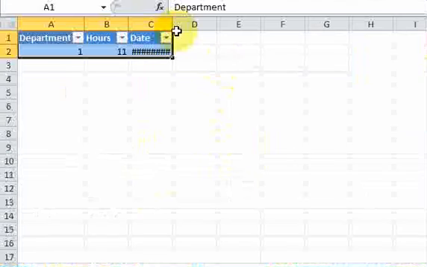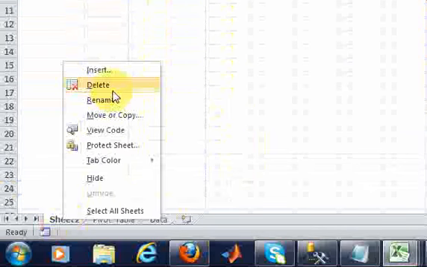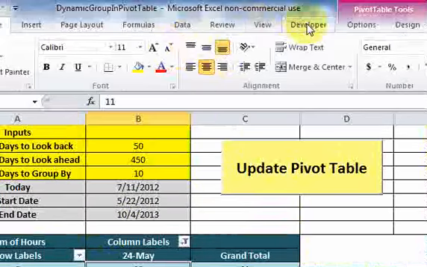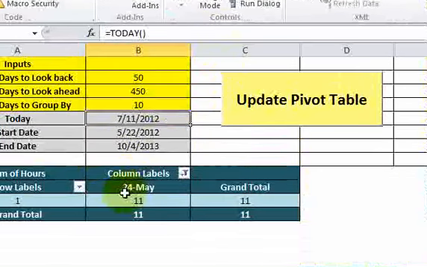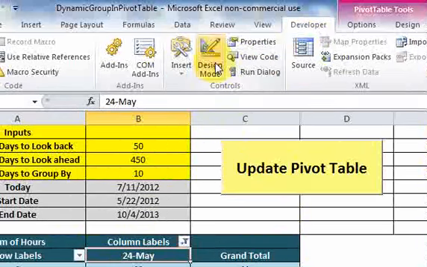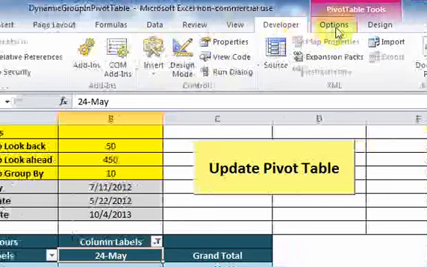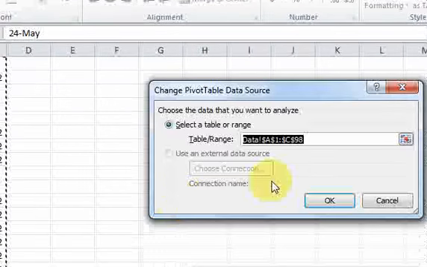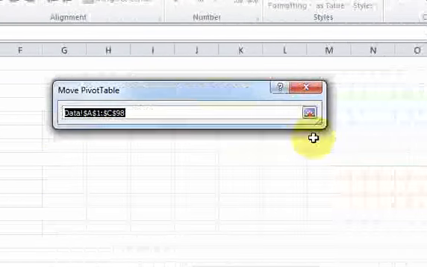Oh, guys, I'm sorry. Let me make sure we have the right range in our pivot table. So let me go here. Let me go to options. I want to see how far this goes down. So this goes down to row 98. If I click on this and we scroll down,